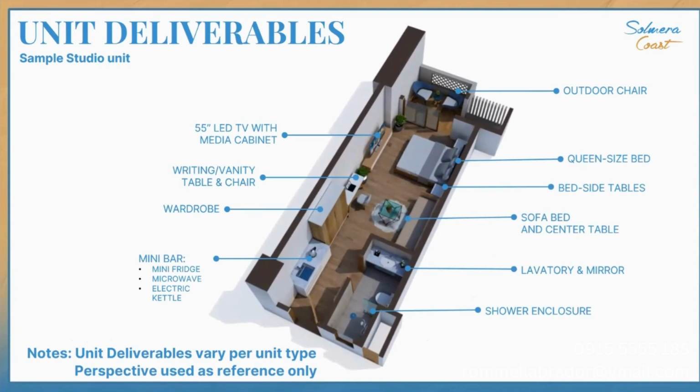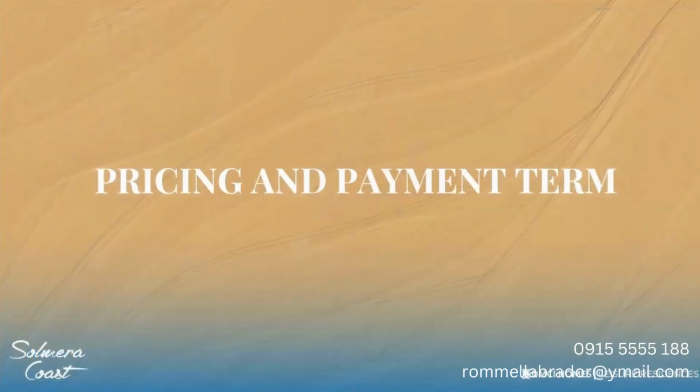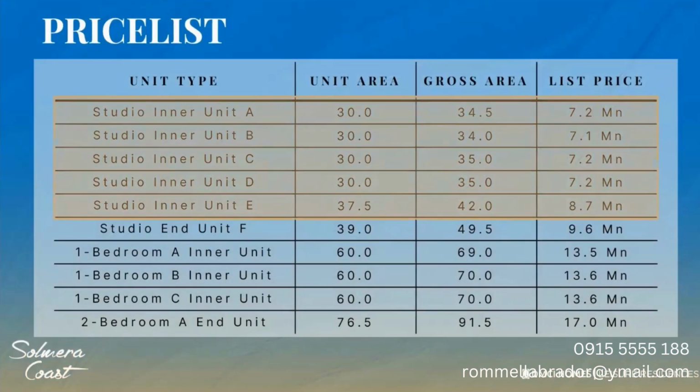So now let's proceed to the pricing and payment terms. So here we have the listing price per unit type. So for inner studio units with a gross floor area of 34 to 42 square meters, we have a listing price of 7.1 to 8.7 million pesos. Then for our end studio units with a gross floor area of 49.5 square meters, we have a listing price